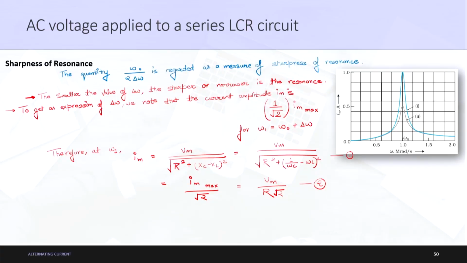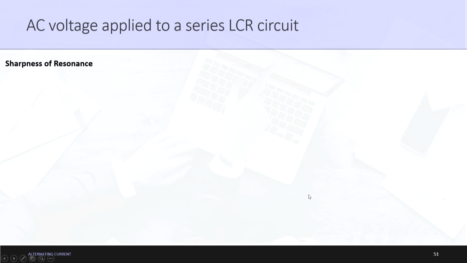But the initial assumption was that the value of current obtained at this value of omega 1 is equal to I m max by root 2. Now, this I m max is equal to Vm upon capital R. Okay. So, if it is equal to Vm by capital R, basically the value of current, that is equation 1 and equation 2 on the RHS, is the same. If Vm is the same, we can basically equate the denominators. Okay. So, let me just equate the denominators now. So, equating the denominators,